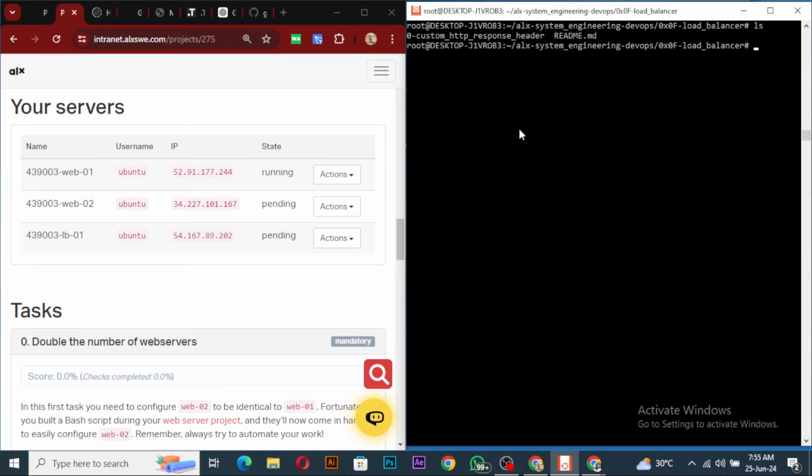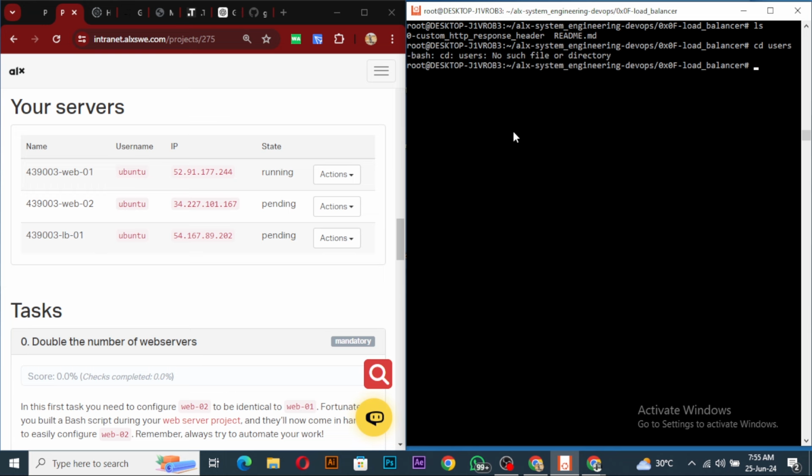There's this one I have somewhere from the former one. The former one would be in our web server. So I can cd into web server, or I think I have one,